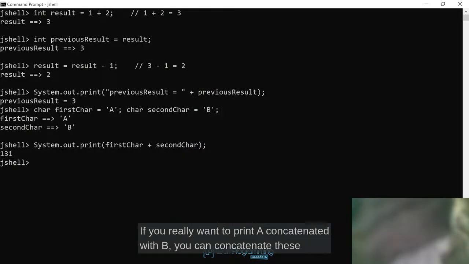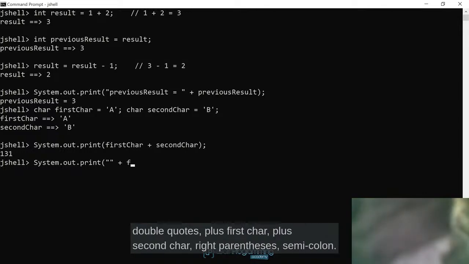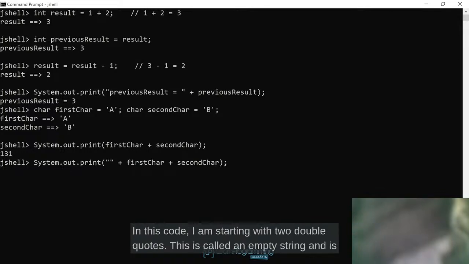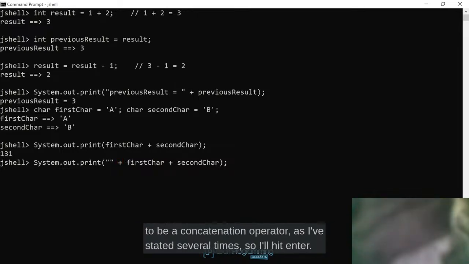If you really want to print A concatenated with B, you can concatenate these variables to a string. We'll do that next. System.out.print, left parenthesis, double quotes, plus firstChar plus secondChar, right parenthesis, semicolon. In this code, I am starting with 2 double quotes. This is called an empty string and is a valid string literal. We next use a plus on that string. Any plus after a string is going to be a concatenation operator, as I've stated several times, so I'll hit